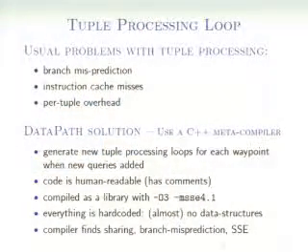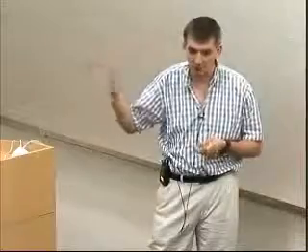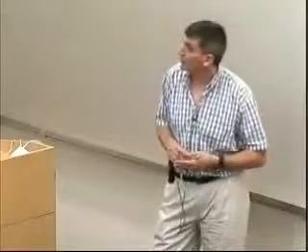Okay? All right, so let's focus a little bit on that tuple processing loop, because that is one of the critical things in DataPath. So how are we going to avoid the usual problems with tuple processing? For example, Chris was telling me when he gave a talk on this, Mike Stonebraker was in the room. And as he was describing the system, Mike said, but tuple processing is inefficient. So I want to convince you that you can get tuple processing to be very efficient. And the way to do that is to use a C++ meta compiler.